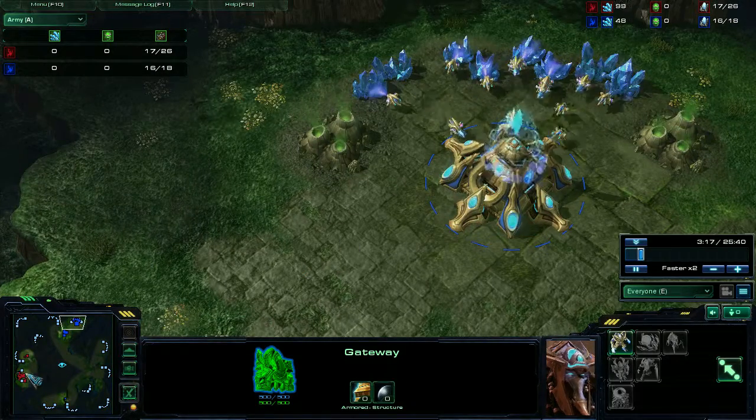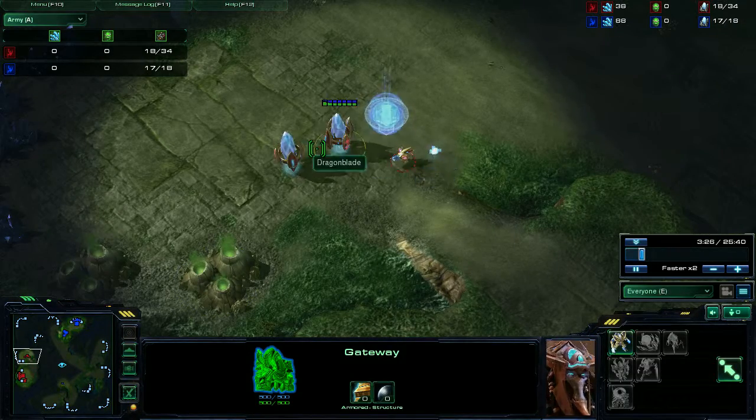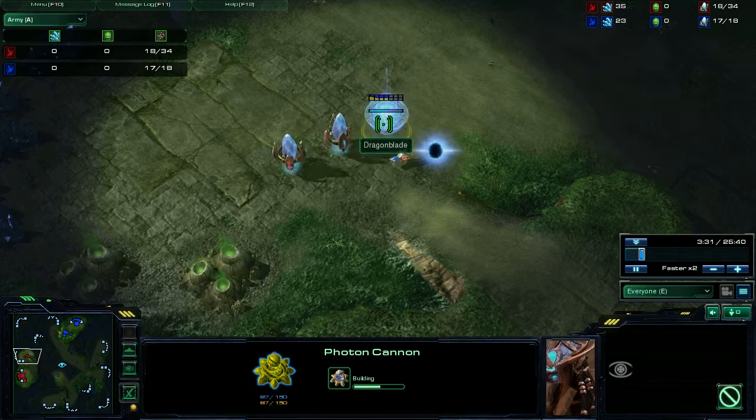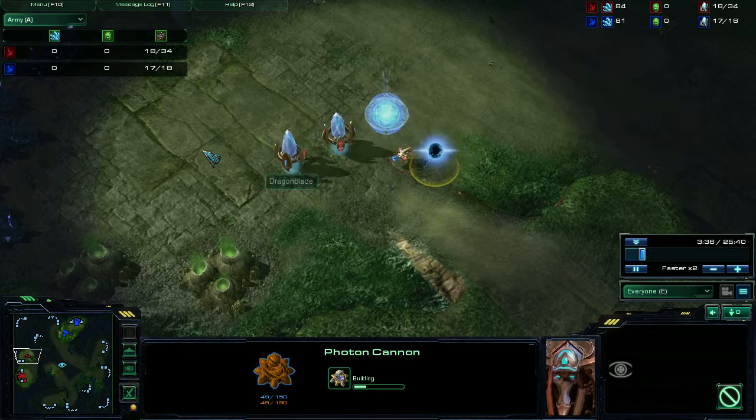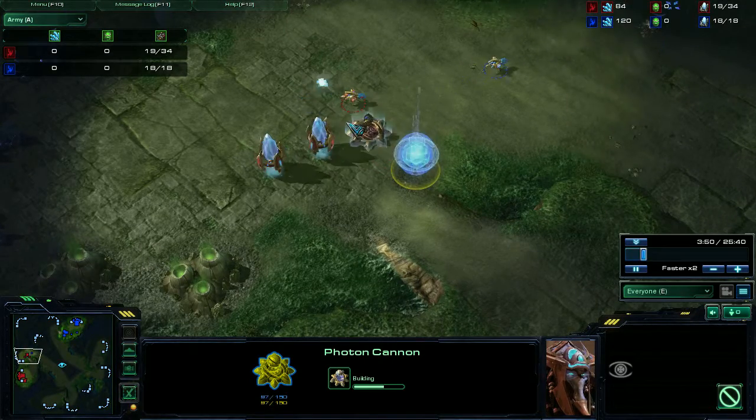So again, we're both chrono boosting units out. Well, I am at least. I'm not sure if he is. And now we can see down here, two pylons and 2 photon cannons, and there is a lot more to come. So finally, after searching every freaking part of the map, I finally find him, and he gets that cannon